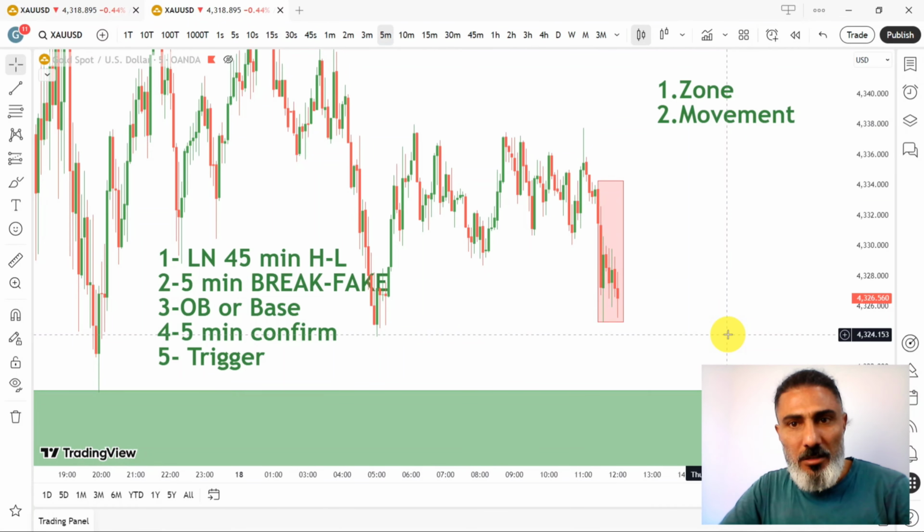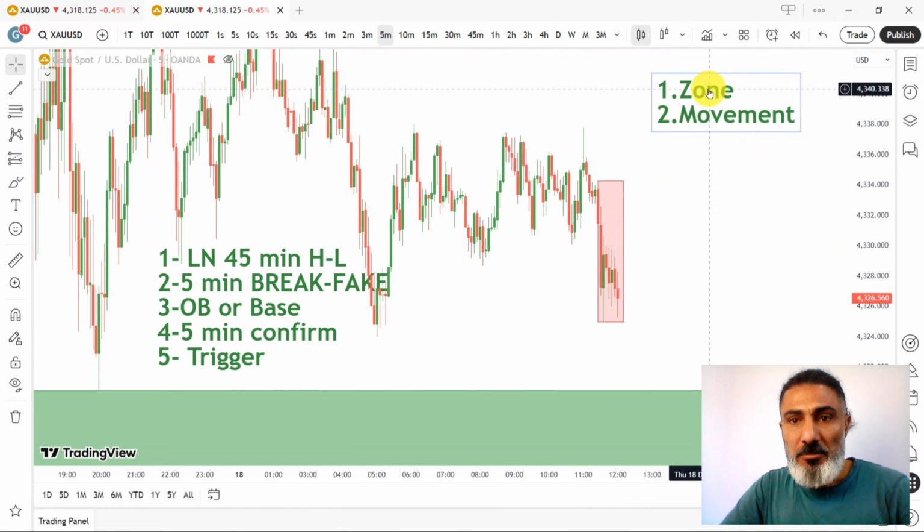Most of you know that we have a trading style where we mark a trading zone or a trading range, then wait for the price to get to the zone limits, the zone borders, and show us a reaction. Okay. About the zone,